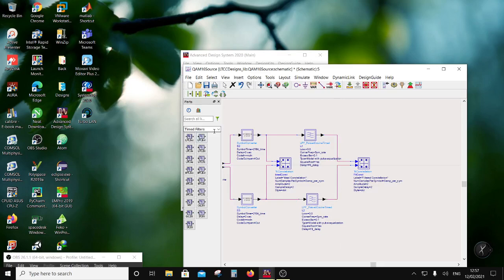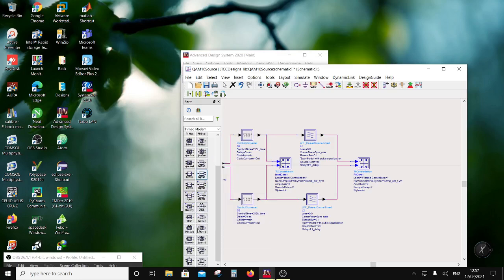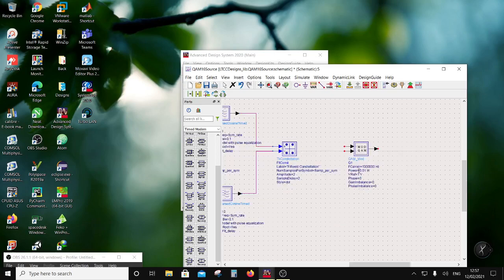So this QAM modulator you'll find under timed modem. Okay, so QAM modulator. In this case, the carrier frequency will be RF FREQ, right? And the power level will be RF PWR,